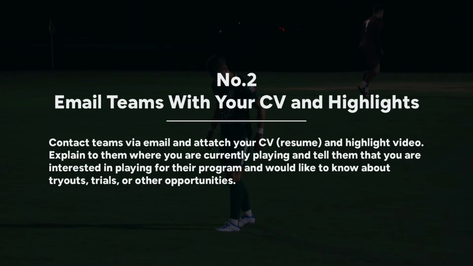Number 2 is to email teams and coaches in the league with your CV, which is your resume, and your highlight video. If you are playing, let's say, D1 college for a very good program and you've had an amazing season, obviously you're going to be looked at a lot because your name is being thrown out there a ton. But if you send an email to a coach with your name, your resume, which is your CV, and your highlight video, then that will definitely be a good way to contact the team